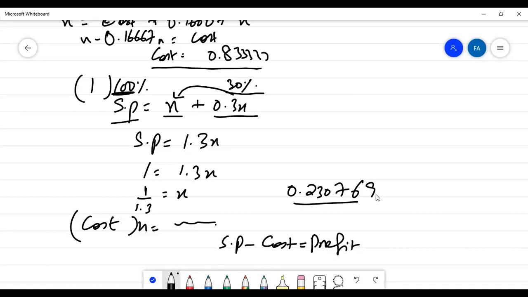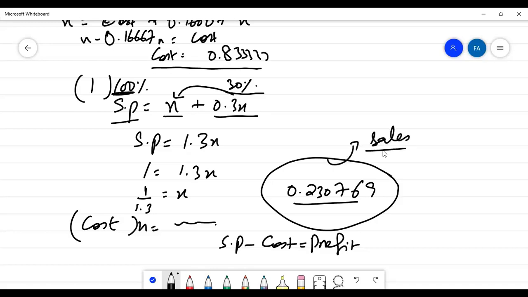Got it. Okay, so this is the gross profit, which will directly multiply with the sales. So this number is the gross profit value? This is the margin. This is not a percentage, these are the numericals. If you converted it, I think it will be 23.1%, something like 23.07. This is the margin. If you directly multiply this with the sales, you will get the gross profit. But there is no hard and fast rule that you need to go for this. You can go for your own formula if you are comfortable with that. Okay, so you got it.